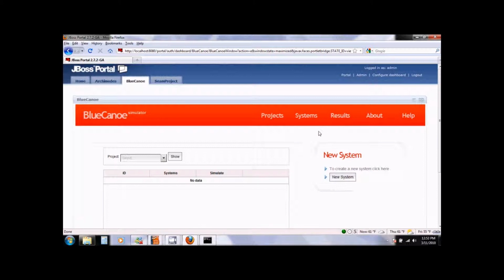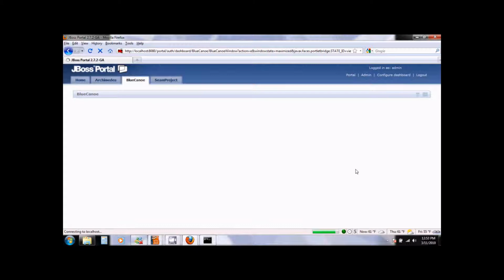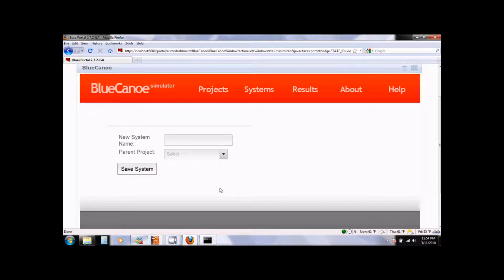To create a new system in Blue Canoe, we simply click the New System button. To create a new system, you simply give its name. So let me type windmill power station and you select the project to which it will belong.